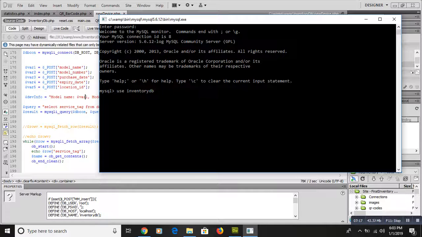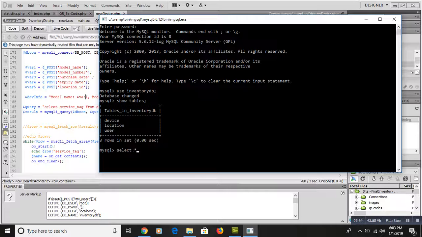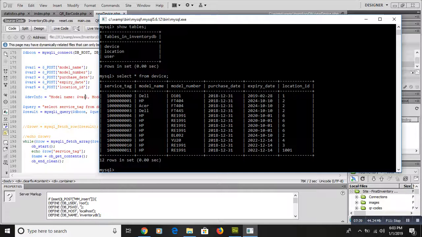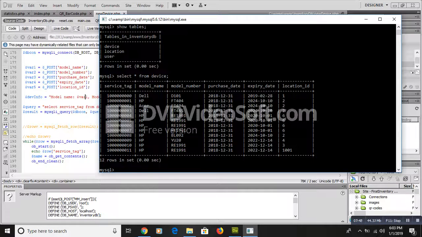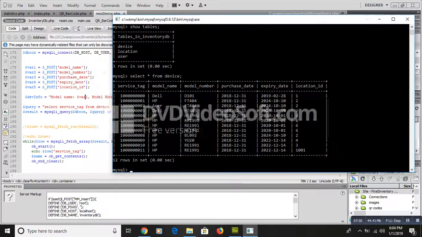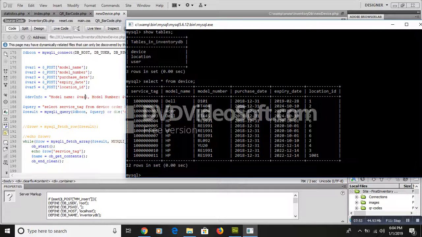So if, for example, I said select star from device, it's going to show me the list of all the devices. But whenever I insert a new device, this is the service tag that I'm interested in, the last one. So this query here is actually inserting it. That is, select service underscore tag. This time around, I'm not selecting star because I'm only interested in the service tag. So from the table, and the name of our table is device,